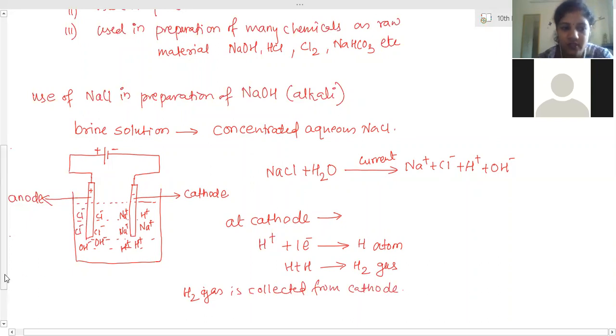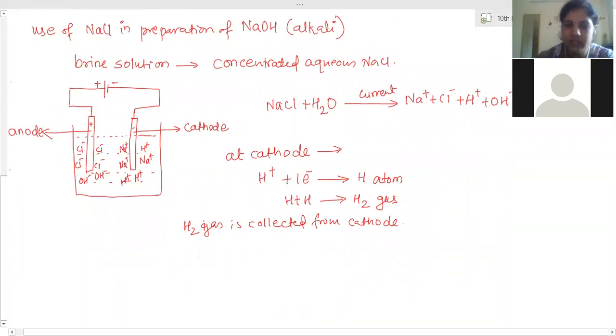Now, in a similar way, at the anode there is also a reactivity series. According to that, chlorine is lower in the reactivity series than hydroxide. So chlorine will lose electrons as compared to hydroxide. So at the anode, the priority gainer is chlorine. Chlorine wins the battle between chloride and OH minus. The chloride ion has more electrons, so it will lose one electron to the anode and form a chlorine atom.